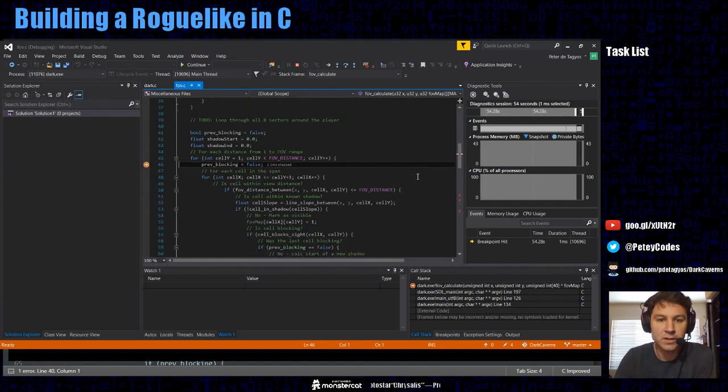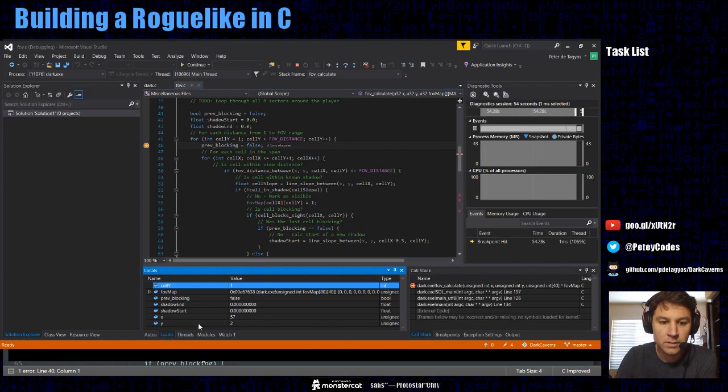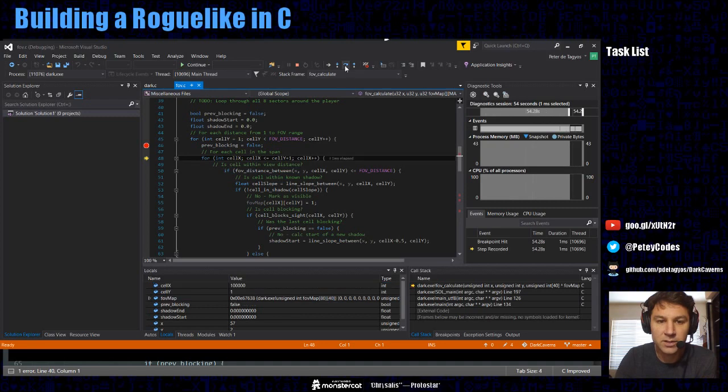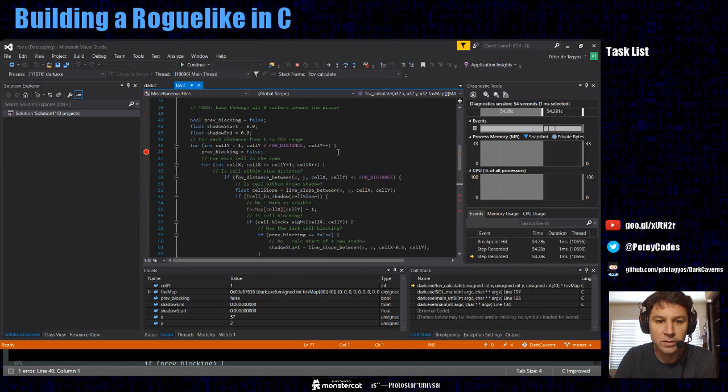Alright, so now we're in our loop. We set our previous blocking to false, and now we're going to start looping through each cell in the span, and we immediately fall out of that loop because